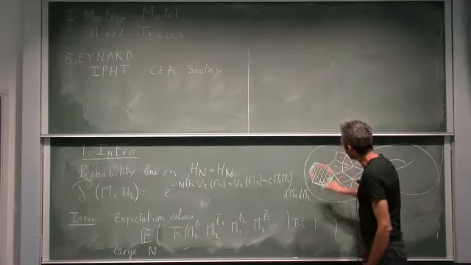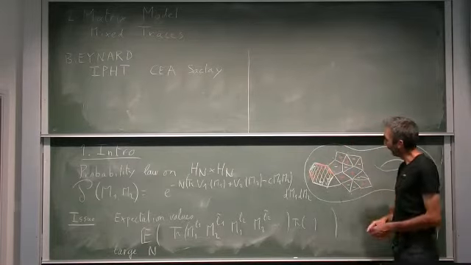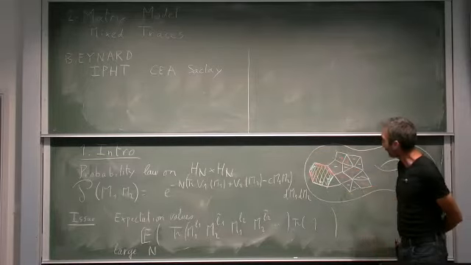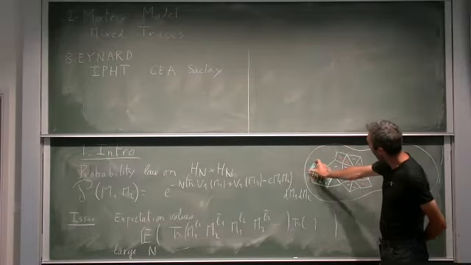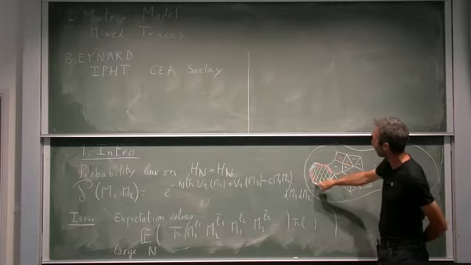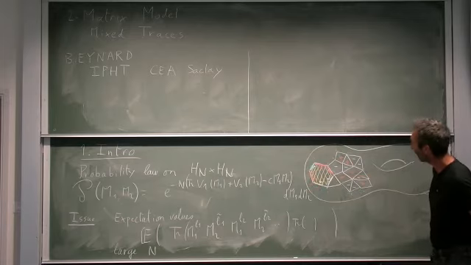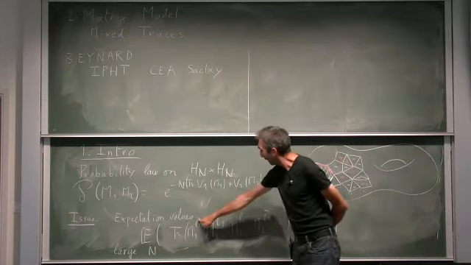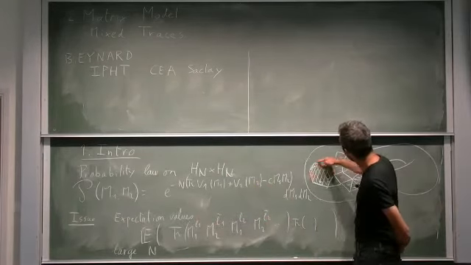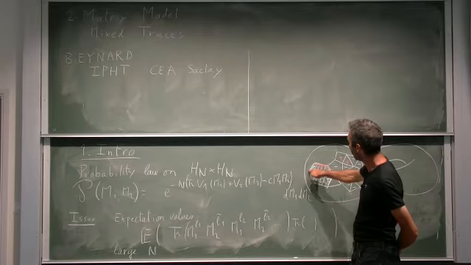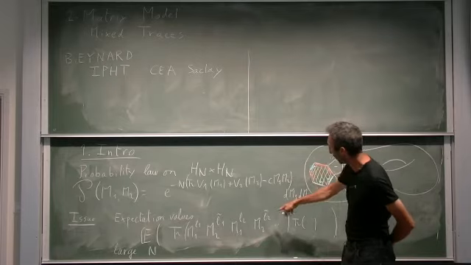So typically this marked face has 4 components of different colors. One of length 1 with minus, one of length 2 with plus, one of length 2 with minus, followed by one of length 1 with plus. And it is related to such an expectation value with, let's say, L1 would be 2, then L tilde 1 would be 2, then L2 would be 1, then L tilde 2 would be 1.